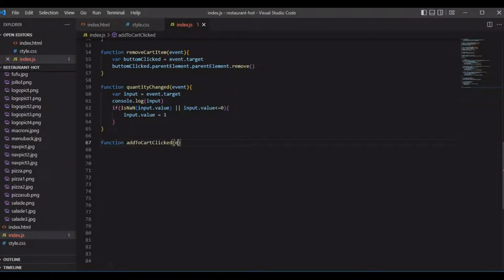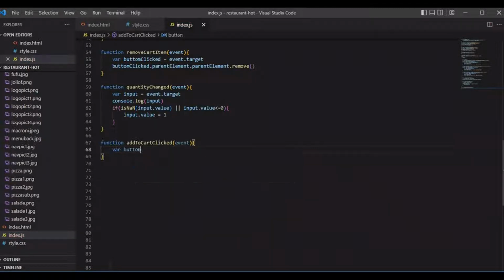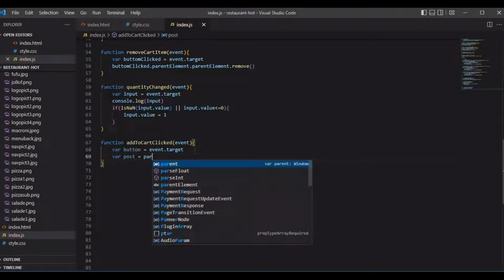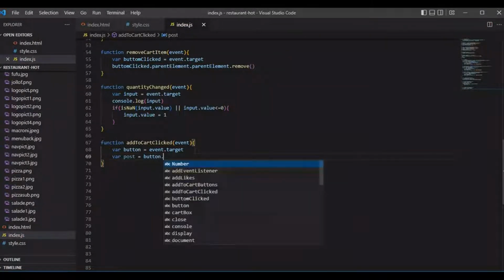Same thing, we use our event as parameter, and we just set a variable button, which will be equal to event.target. So that's it. And now you'll be using another variable, post, which will be equal to the parent of the button selected, or click on parent